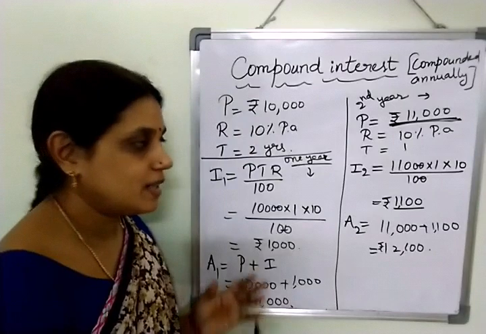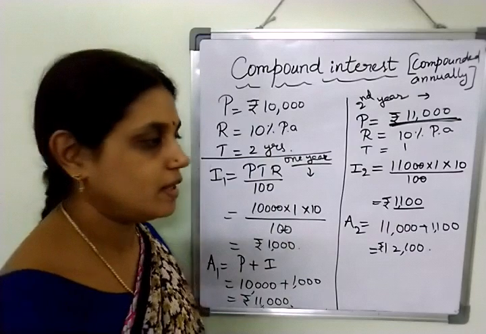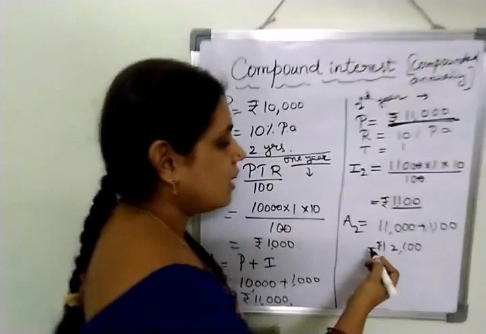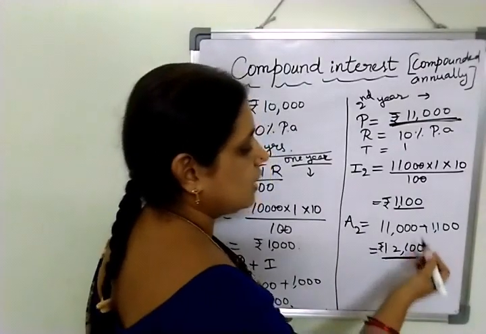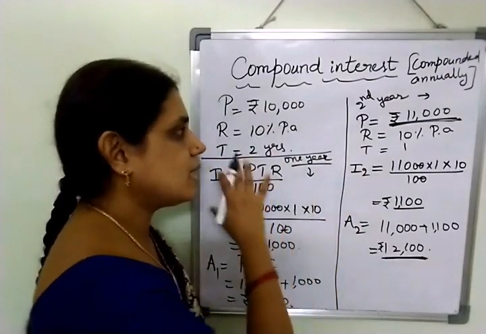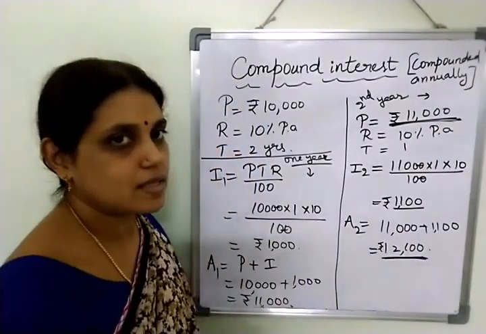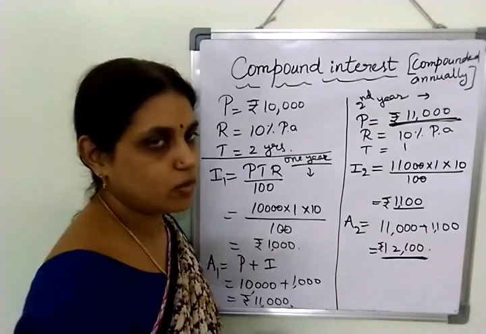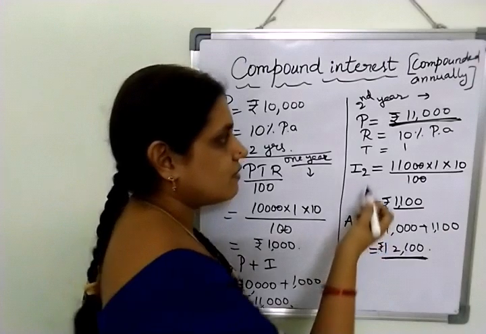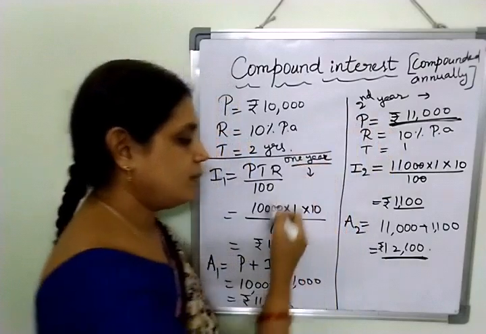Actually, if you remember, the same values we have taken for simple interest also. Then the amount we got for 2 years is 12,000 rupees only. But here 12,100 we got. The amount to be paid after 2 years in the case of compound interest for the same principal, same rate and the same time period, it is 12,100. But in the simple interest sum, we got it as only 12,000 rupees, since there the principal will not be changed, it is same. Whereas here for the second year the principal changed. The principal is the amount of the previous year.